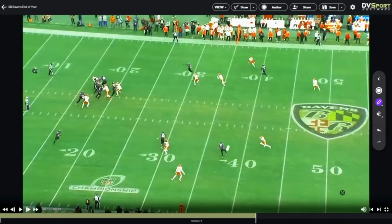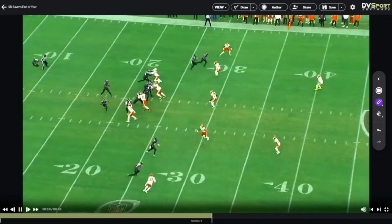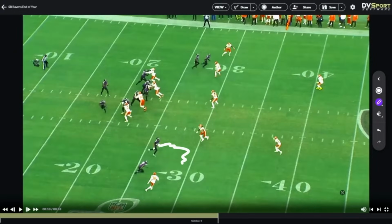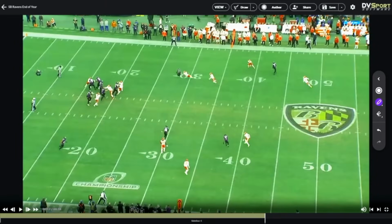So we've got an in and then a return. Okay, the biggest thing I'm going to say is I want to make sure that those guys are in two different spots. So likely pushes up, starts out, and then runs the return. It's just so important that this in gets there first so these two guys aren't stacked on top of each other. Because you see, if Lamar was to come back to this side, now we get this backer to jump,